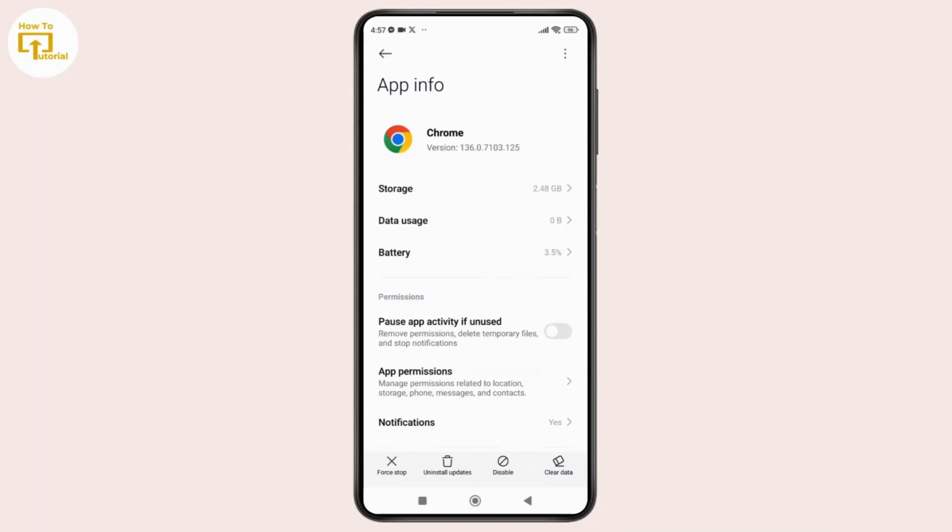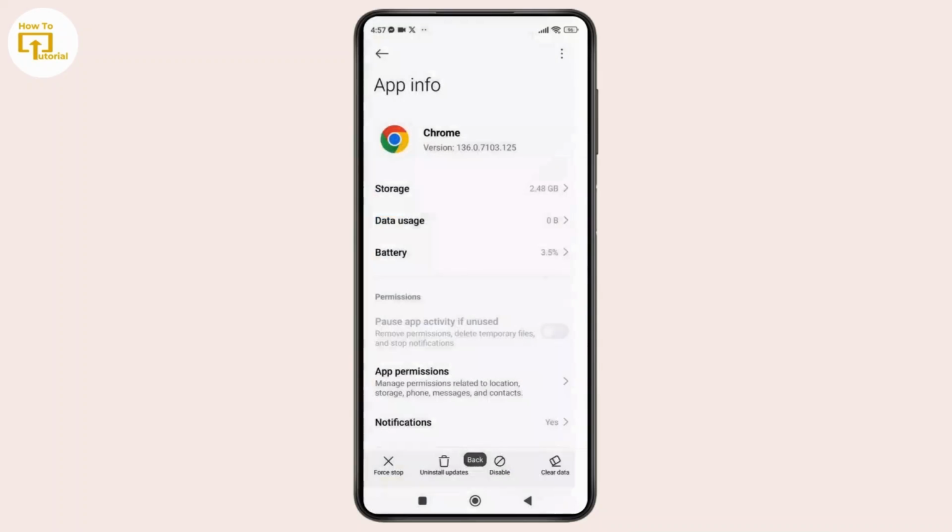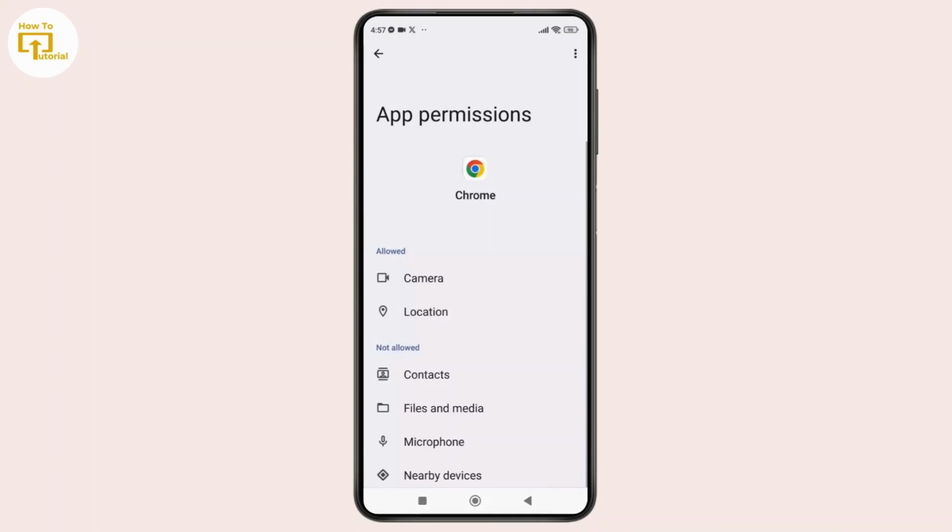Now here, simply tap on notification. And under the notification, make sure that the notifications are enabled. And also check that the sound and vibrations are turned on if needed. And with that, simply go back and tap on permissions. And here, make sure that your camera, location and microphone permissions are allowed because these are often required for reCAPTCHA